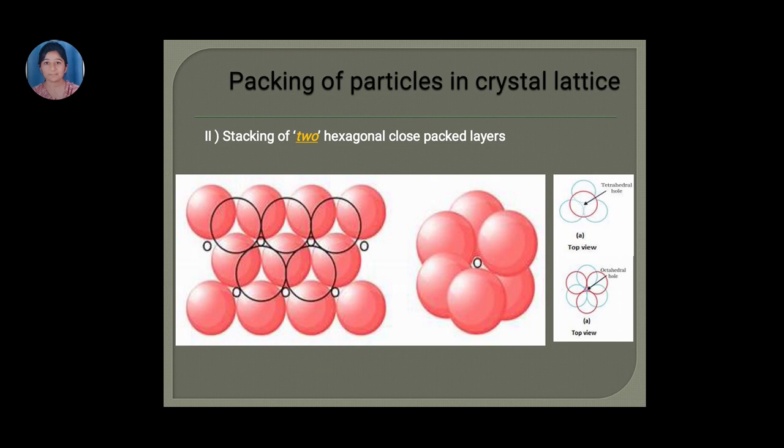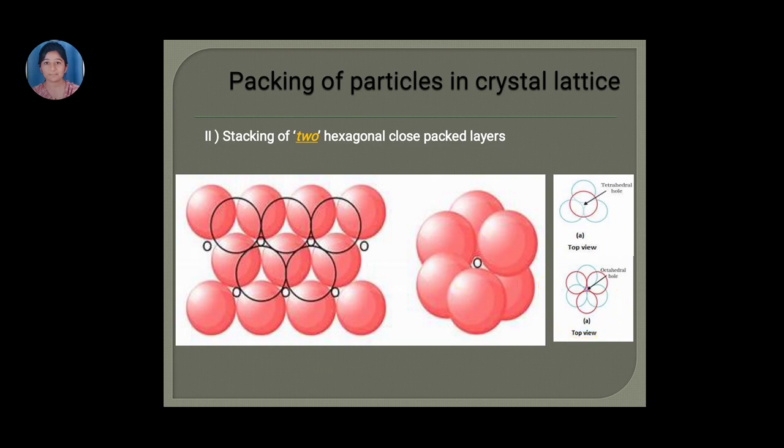Now if we have kept one atom over the three atoms which are arranged in space making a void, we will get a tetrahedral hole, or a tetrahedral void, over there. Now in the second case, if we see the structure from the top side, what we can see is the octahedral hole, or a hole like this.